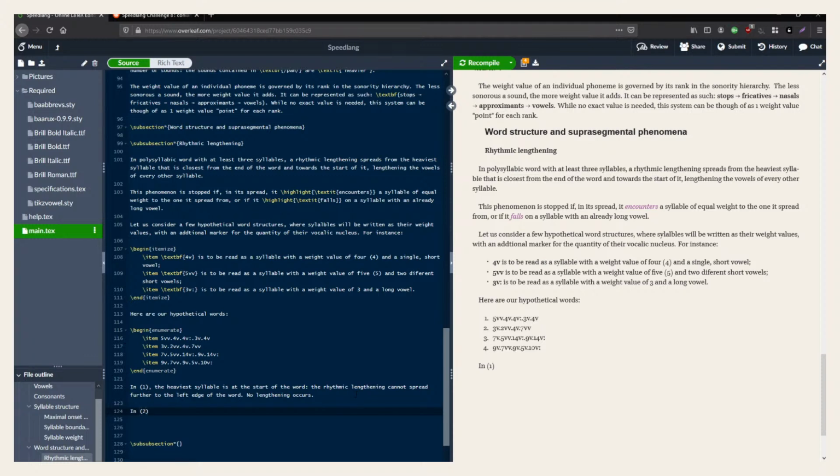In two, syllable, the 7VV syllable. The heaviest and at the right edge of the word. It triggers lengthening in the syllable two